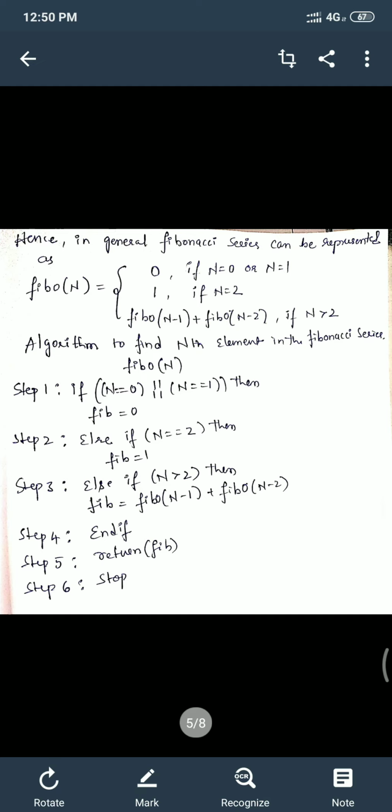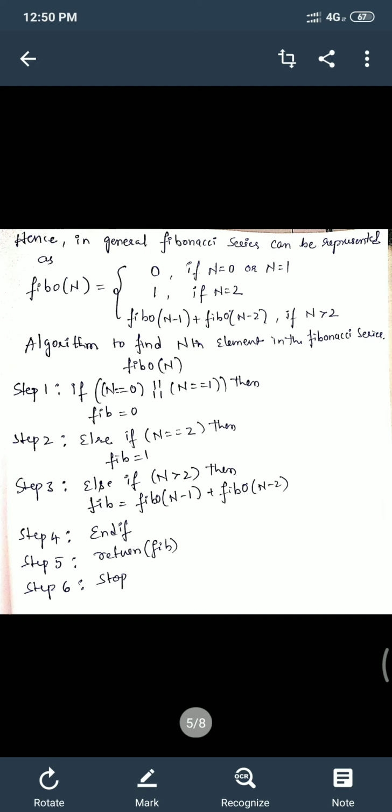So now let us look into an algorithm to find the nth element in the Fibonacci series. Step 1: if n is equal to 0 or n is equal to 1, then return Fibo of 0. Step 2: else if n is equal to 2, then Fibo will return 1.